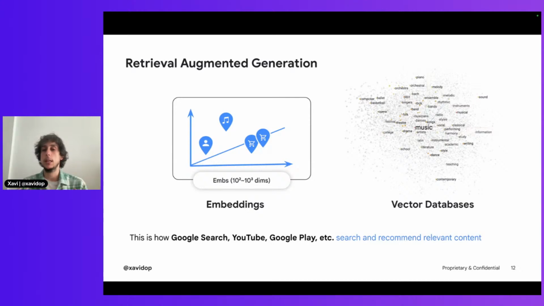Why a vector? Basically because what the embeddings model is giving to us is the distance between the chunks, like how different they are. Okay,